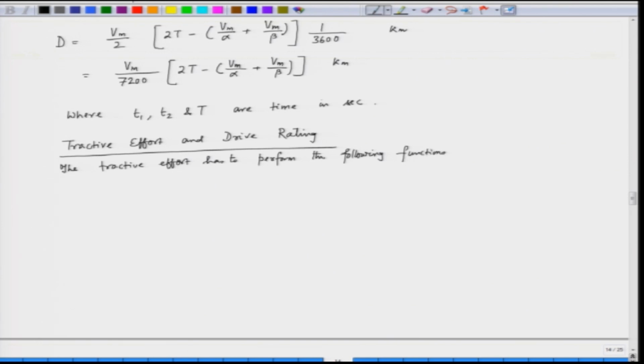What are the functions? To accelerate the train mass horizontally, it has to move horizontally,